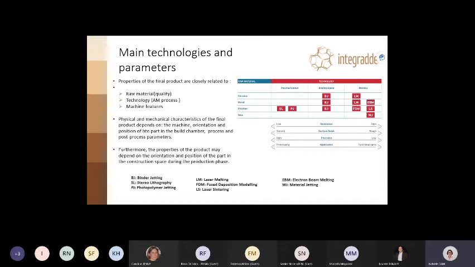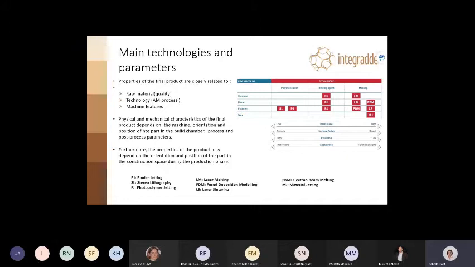The physical and mechanical characteristics of the final product depend mainly on the machine, the orientation of the piece, and the position of the part in the chamber, and also the process and the post-process parameters. So the properties of the product may depend on the orientation and position of the part in the construction space during the production phase.